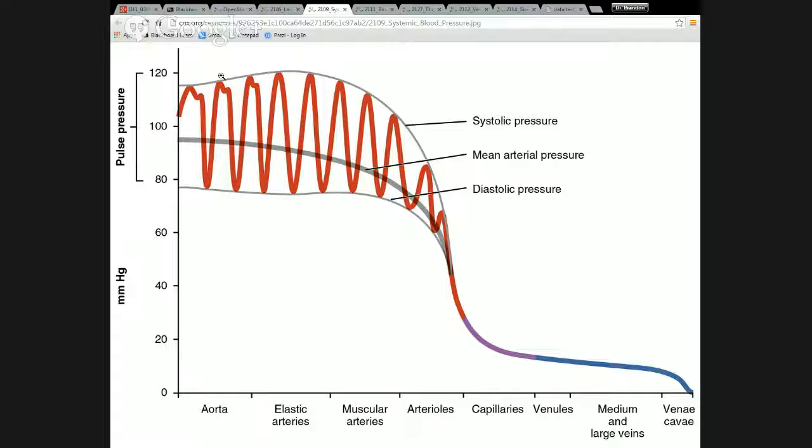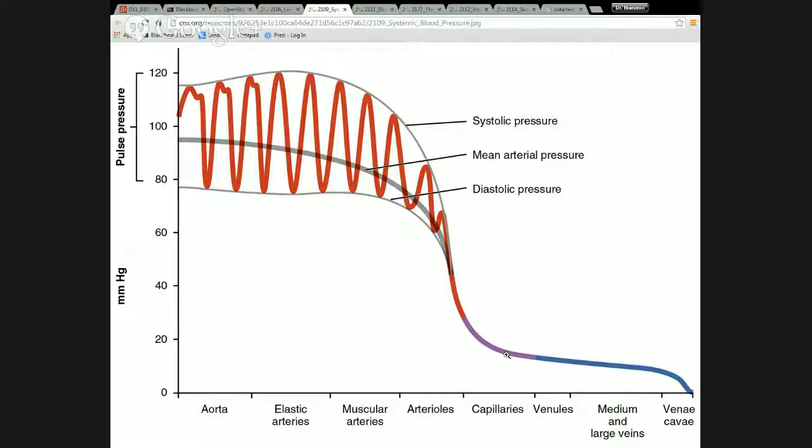And the red line going up and down just shows the heart beats and then it relaxes. The heart beats and it relaxes. It beats and relaxes. And so it keeps going back and forth here. Eventually, the number kind of collapses down into a constant pressure. And we're going to see that by the time we get to the arterioles, and especially when we get to the capillaries. We don't want variation in pressure that's driven by the beating action of the heart when we get that far through, because a steady pressure is very important to how